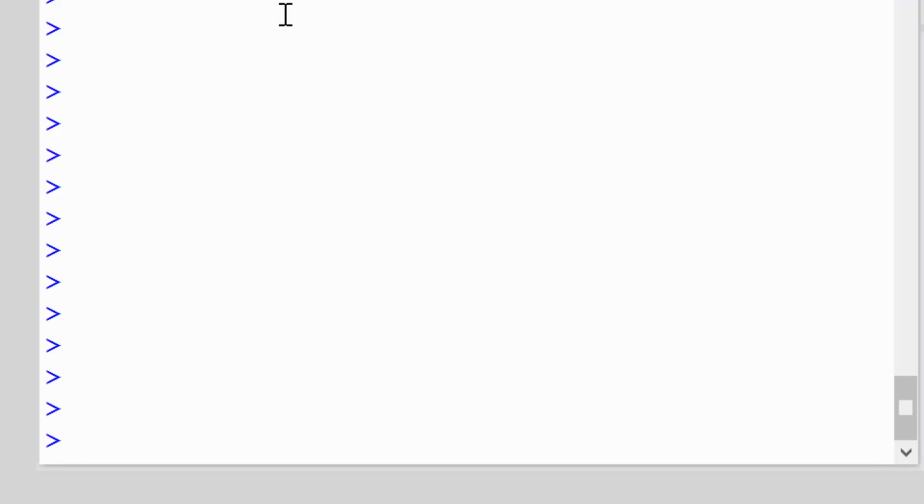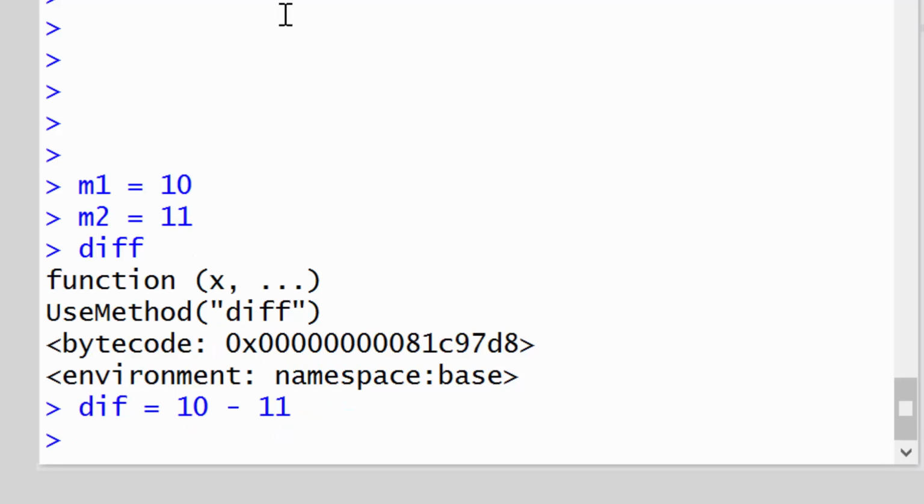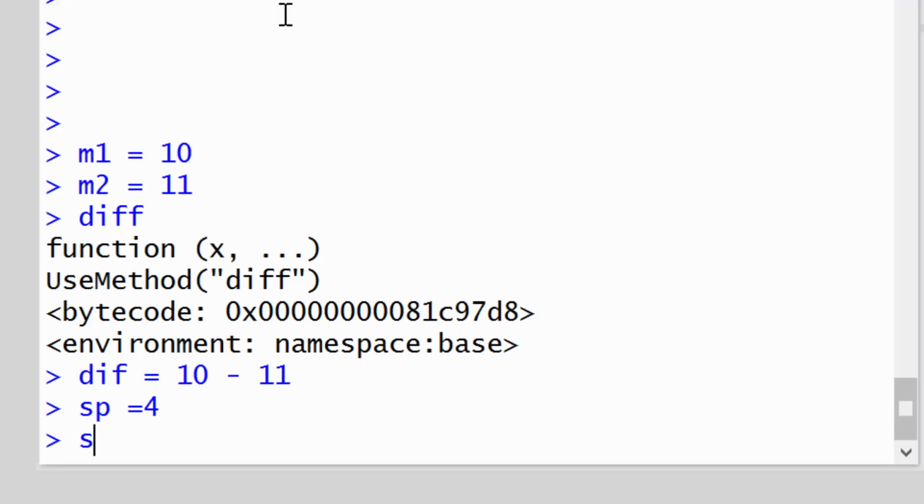Let's define M1 as 10, M2 as 11, and the difference, let's see, is diff already defined? Yeah, diff is already a defined thing. How about diff with one F, which is 10 minus 11. Now we need a pooled standard deviation. Let's call it S sub p. We're assuming a common standard deviation, so that's equal to 4. And so the standard error is going to be 4 times